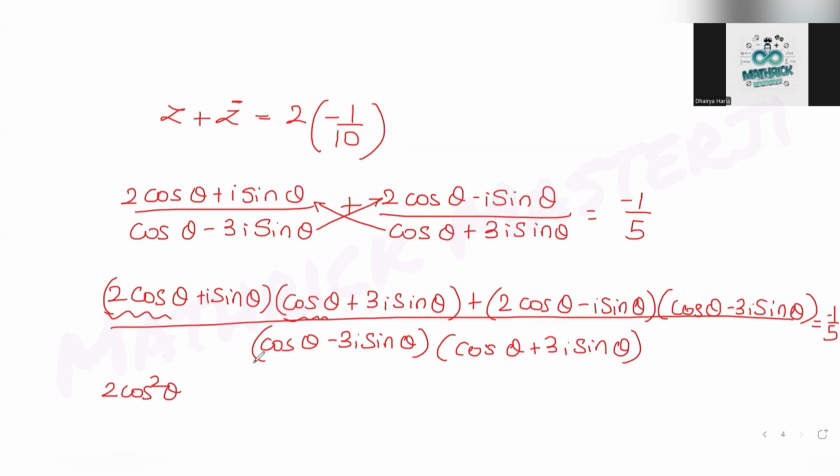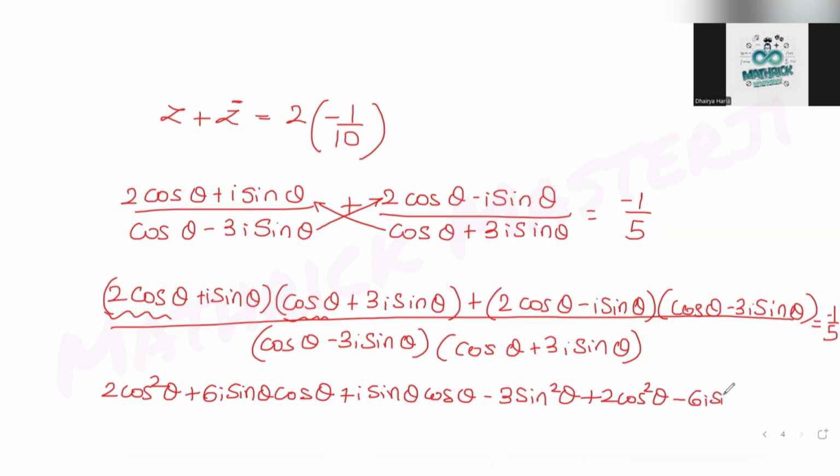2 cos theta gets multiplied with 3i sin theta. That leaves me with 6i sin theta cos theta plus i sin theta cos theta, and 3i squared, which is minus 3 sin squared theta. Now, plus, if I multiply these two brackets also, it gives me 2 cos squared theta minus 6i sin theta cos theta minus i sin theta cos theta